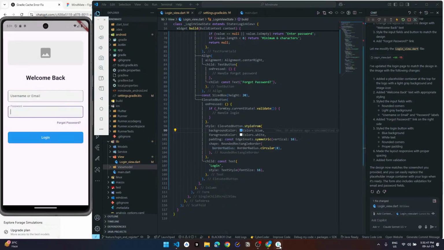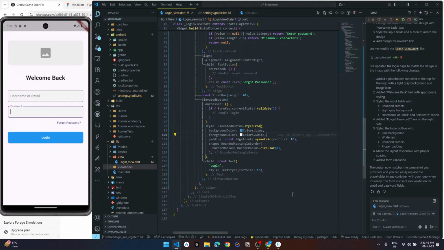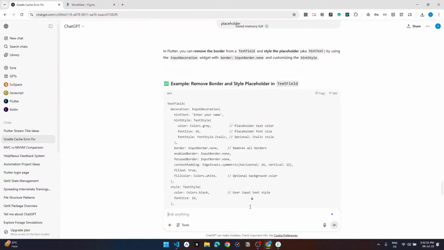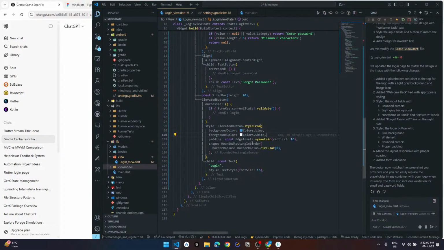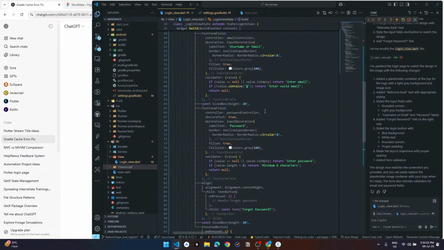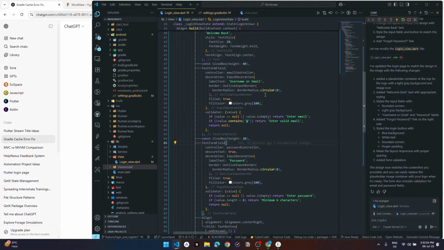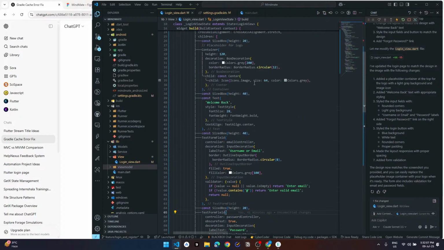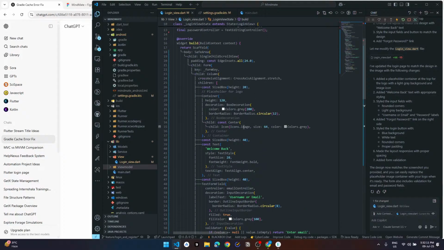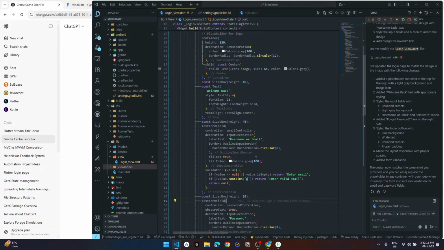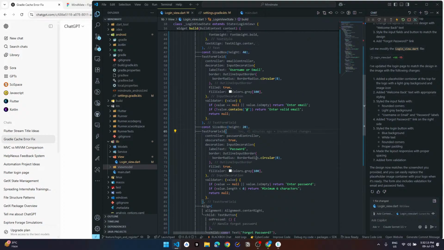So yeah, I'm bored now. Let's just start it. Now remove the border and style plus holder, then hint style. Okay. Where do we have our text field? Yeah, we have text field right here.